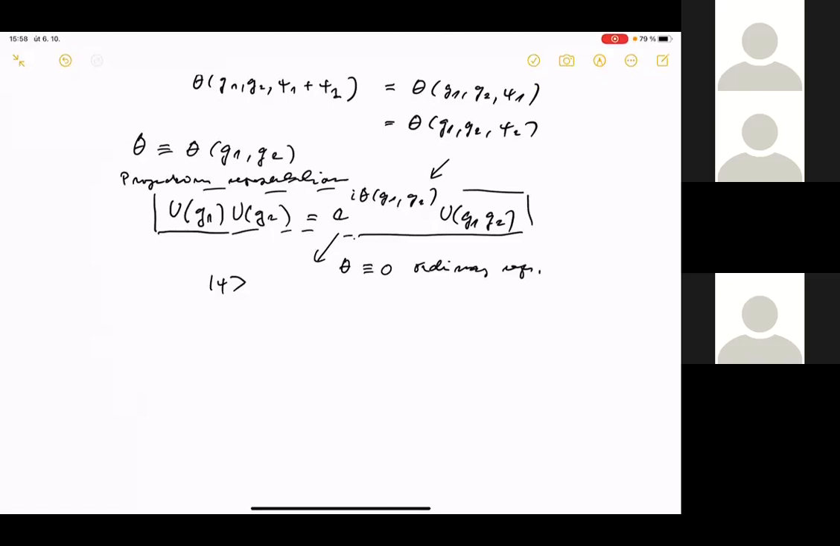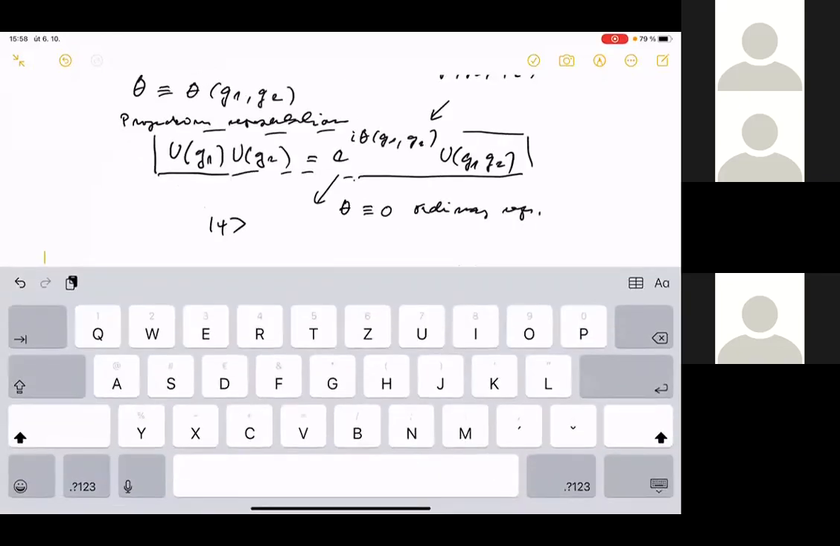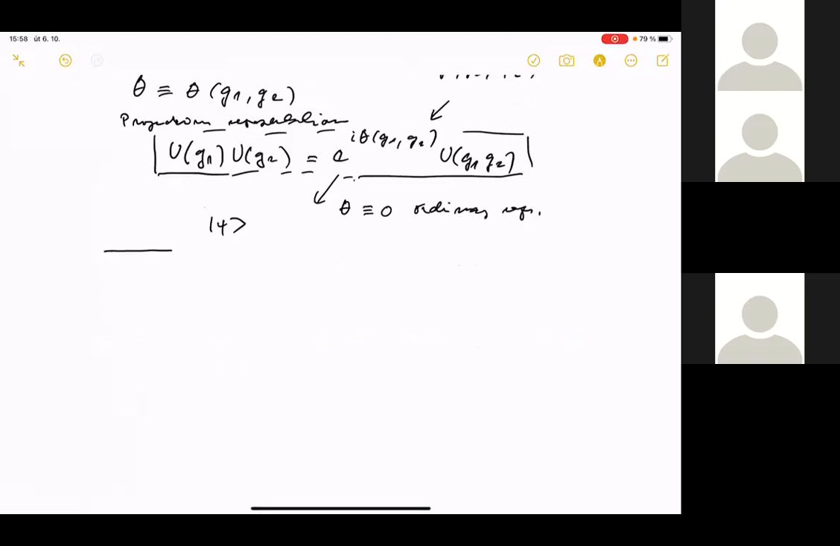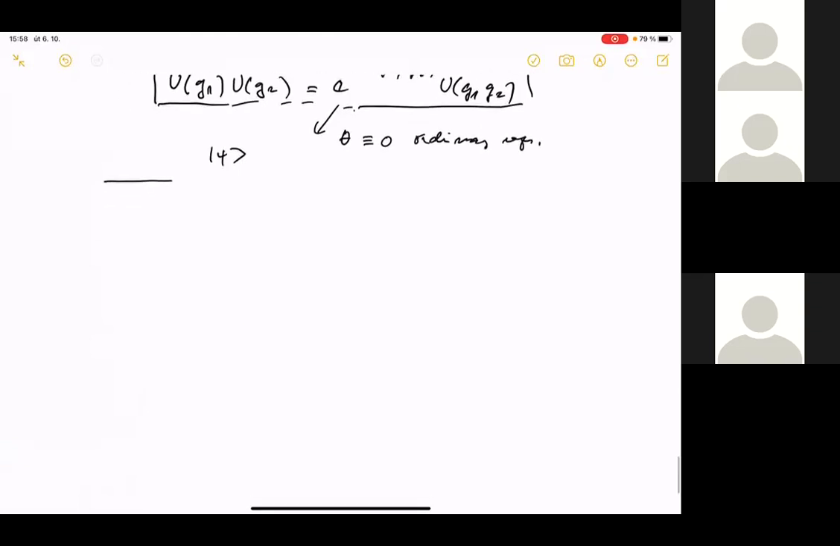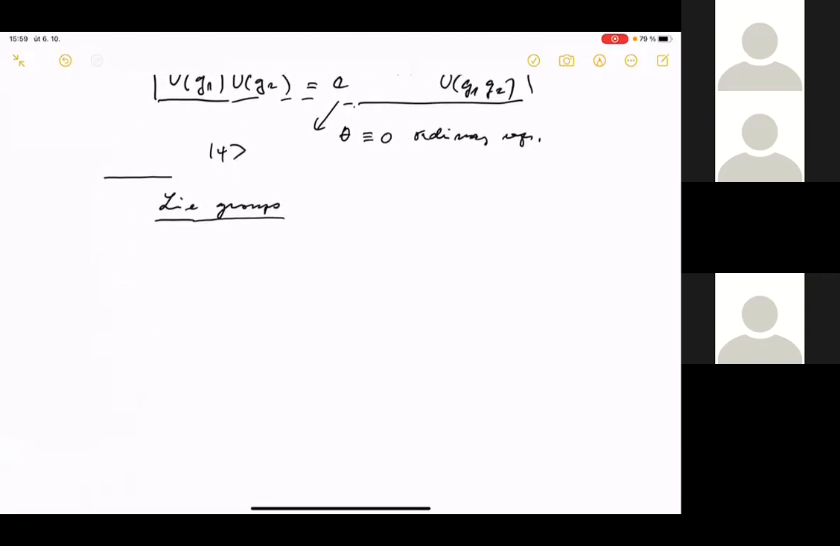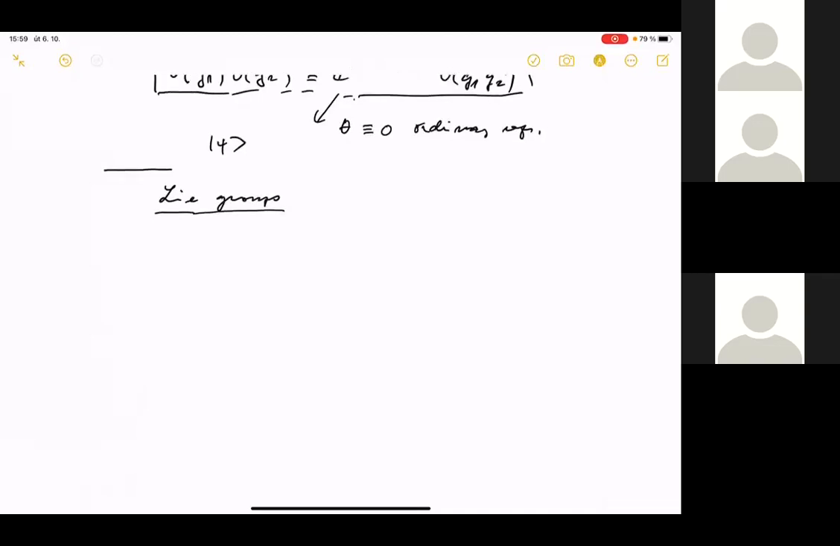In many cases, this phase can be removed by proper redefinition of these operators U(g). So from now on, we will suppose that we are dealing with ordinary representation and we will omit this phase. So let us now recapitulate some basic facts about Lie groups. You probably know all of what I will be telling now, but the reason for this recapitulation is to introduce notation and terminology. So as you know, Lie groups are groups, elements of which are parameterized by a continuous set